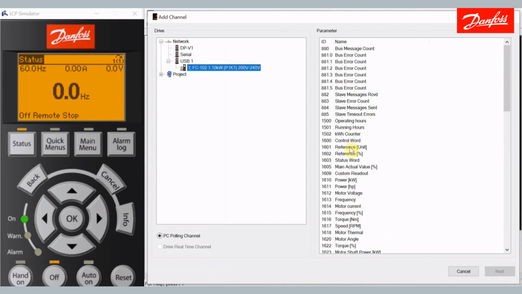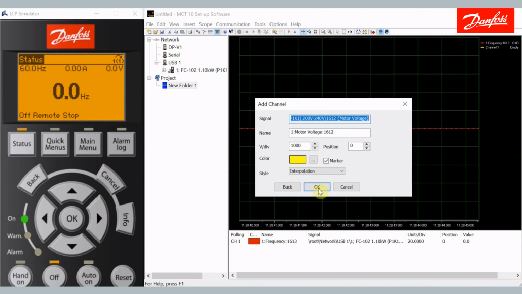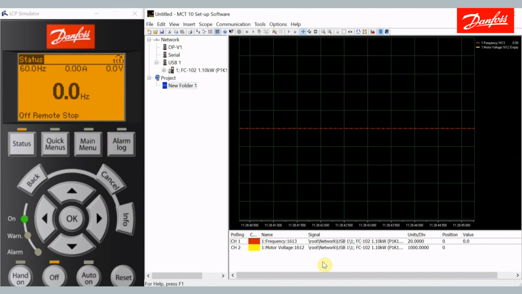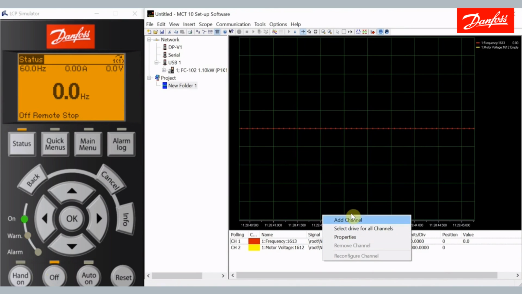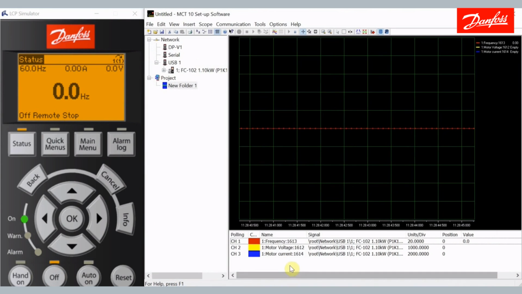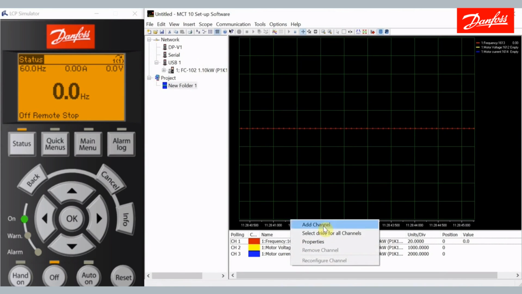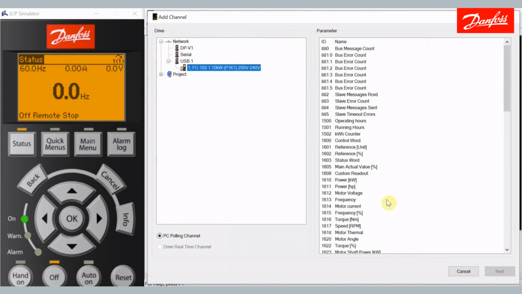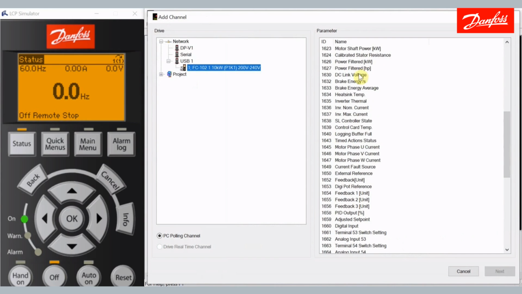Let's also look at motor voltage. Click next. Again, I'm going to choose defaults. Let's add another channel, motor current. Click next and OK. Let's add DC link voltage. There won't be much activity there, but